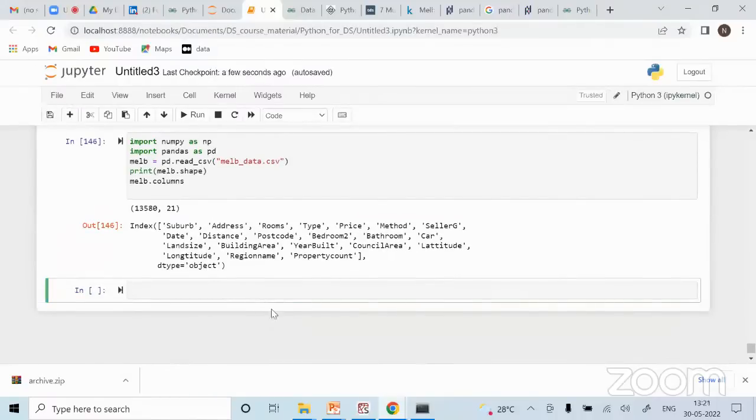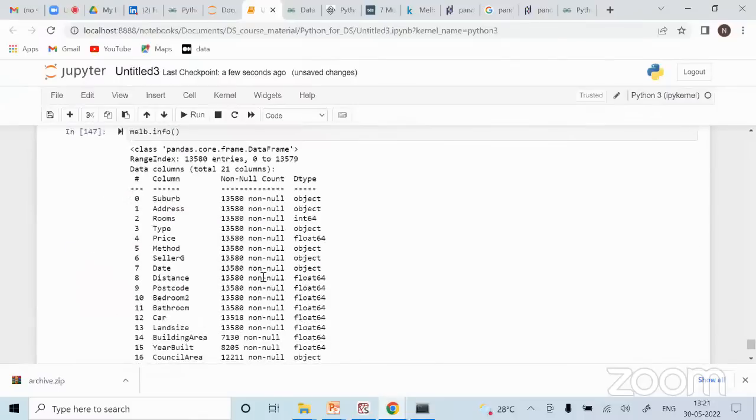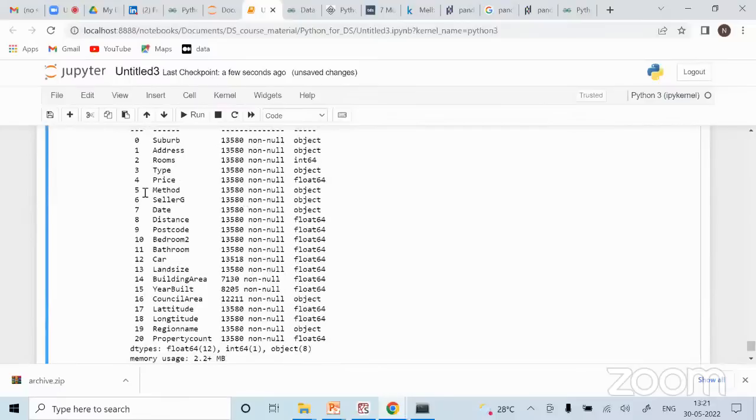Now what other two things did I say for data exploration? I will be doing this melbourne.info. What it tells, same thing, this is repetitive, 13,580 records and 21 columns, but I get more information about data types. So for data types I can see suburbs, addresses are strings, rooms is integer, type is object, price is float, right?